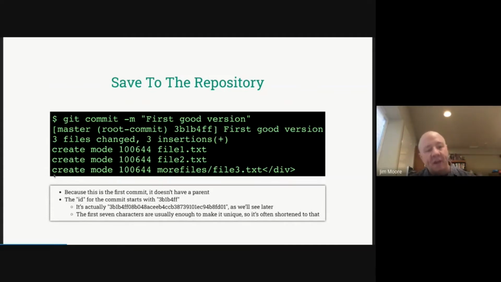It says, okay, you have 3 files involving 3 insertions. The ID for this, we're only listing 7 characters here because that's enough to make it unique, almost guaranteed regardless of the repository. But what's actually being stored, of course, is the 160 bits.